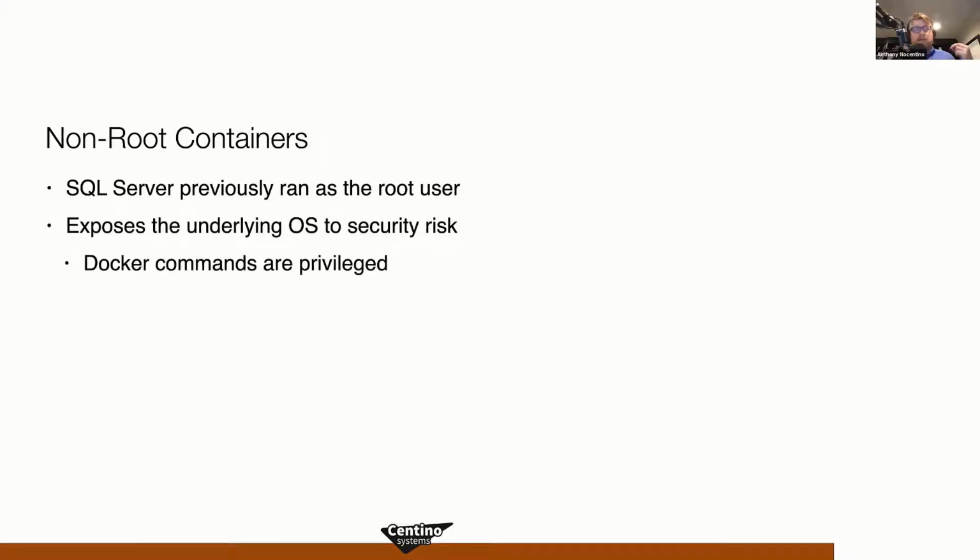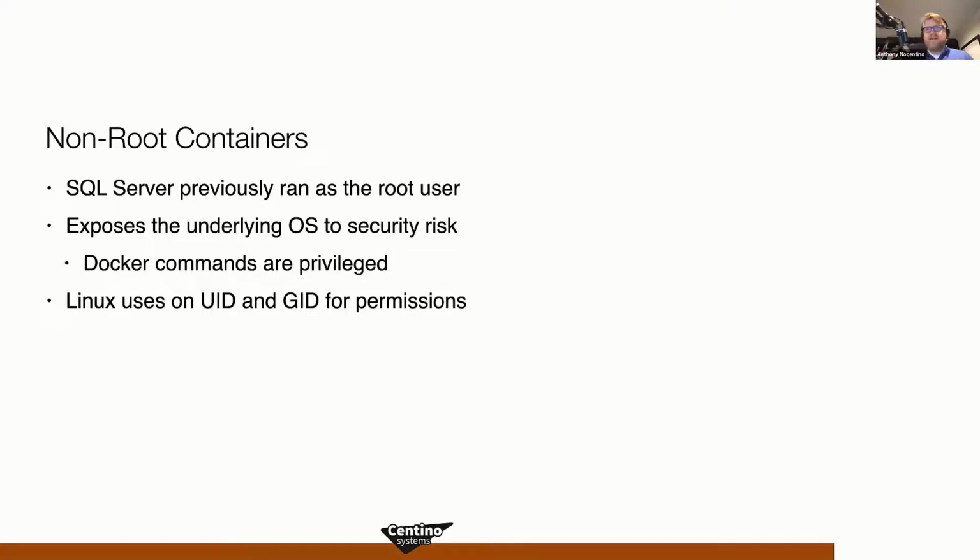One, Docker commands are privileged. When you type docker something at the command line to instantiate a container, that's a privileged operation, so you can pretty much do whatever you want. And if you combine that with the fact that Linux uses user IDs and group IDs for permissions, that's where you start to color in the picture of what the security risk is.